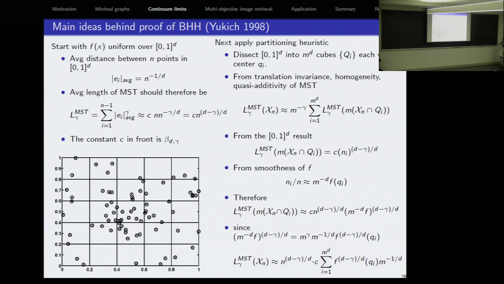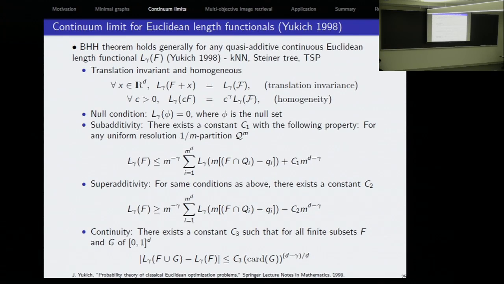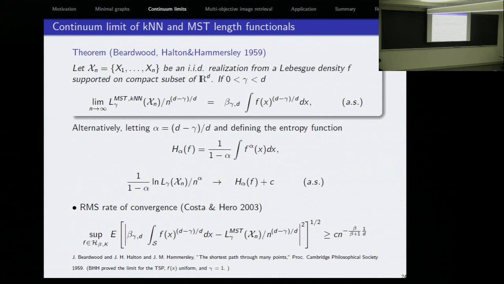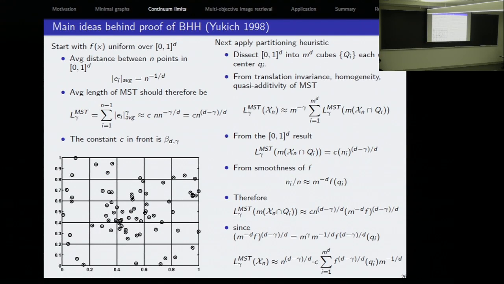Geometric sense. And then for the case where f is not uniform, where it might be concentrated in certain regions, you partition it into these cubes, and then you look at each one of the cubes, and there'll be a larger or smaller number of points in each cube, and then you approximate that by a uniform distribution, and then you can go through the math and you can show that you get the required form, which is this right here. Okay, so